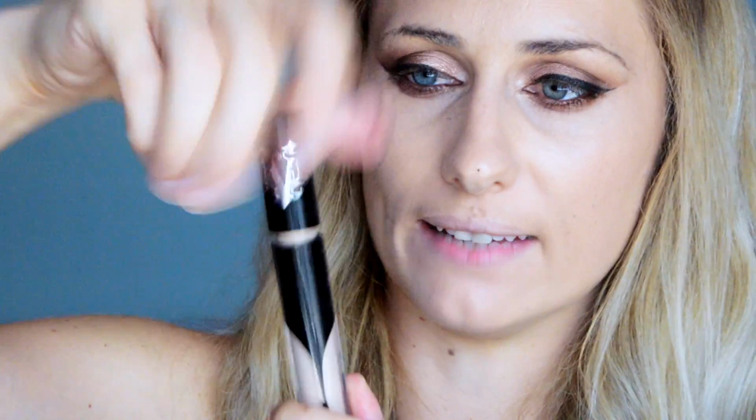Then over top of that, I'm going to be going in with my Kat Von D Lock It Concealer Cream. My shade is in L11 Neutral, and